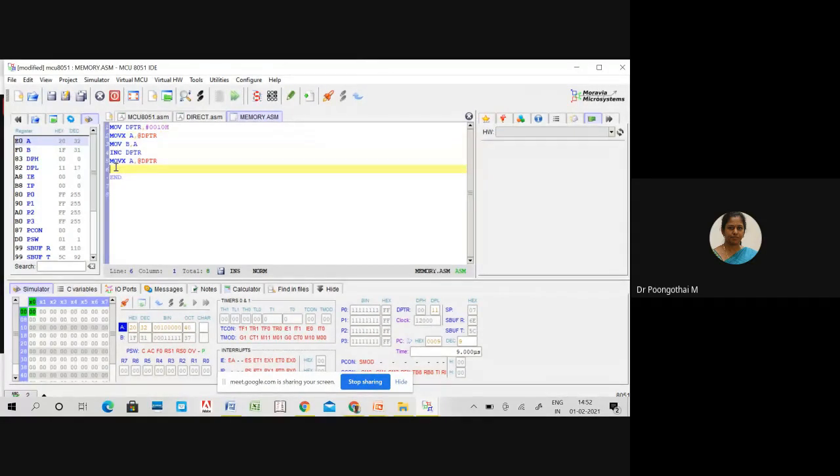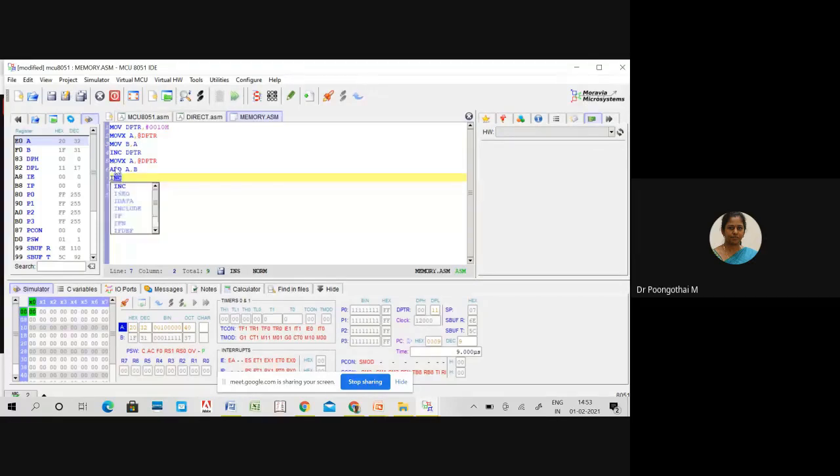Next, what would be the next step to perform addition? Add A, comma B. After that, you have to store your accumulator content into the corresponding memory location.